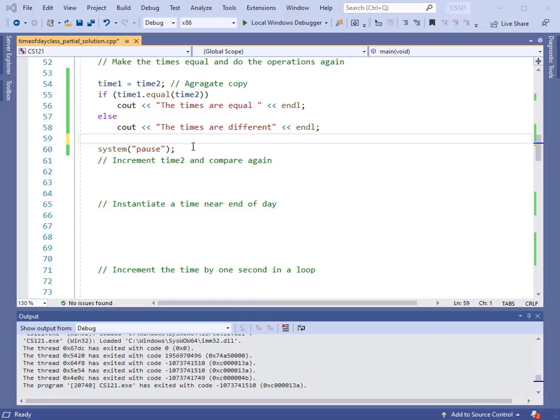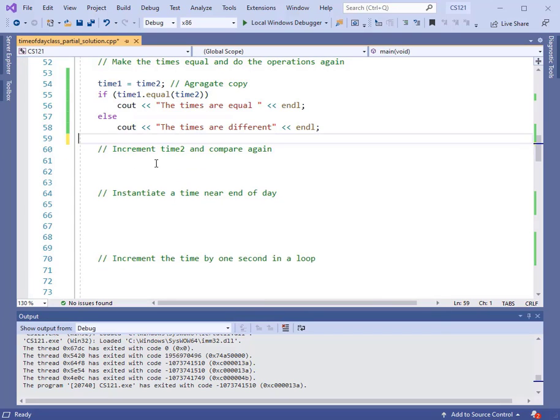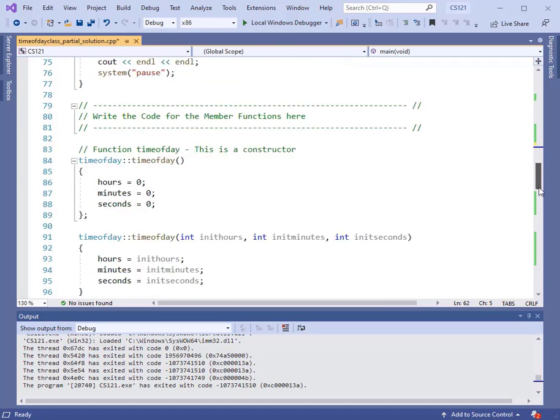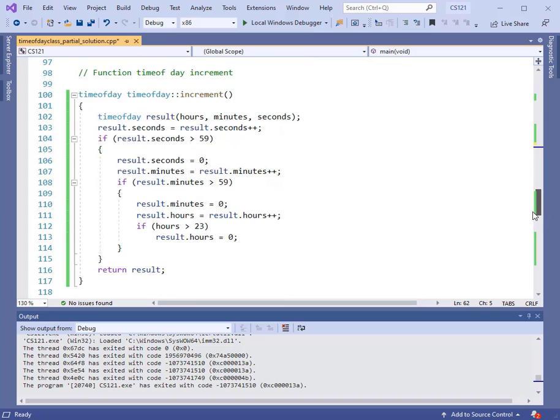Now let's increment the time and compare them again. This illustrates how we'll use the increment function also. Okay, let's go look at the increment function again. And where is it? Here we go. That's the increment function. So with this one, it is a call by value. It returns a value called result, so we will need to make sure we collect that information in the main